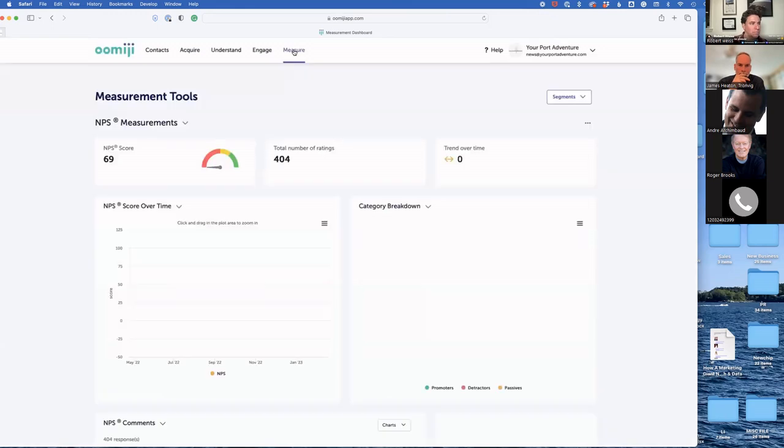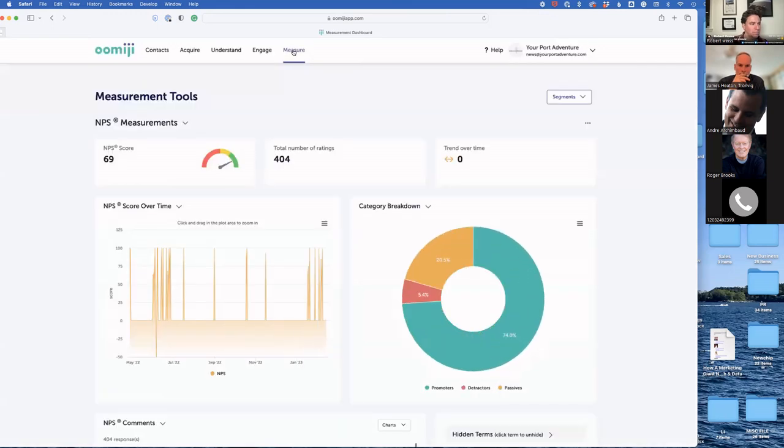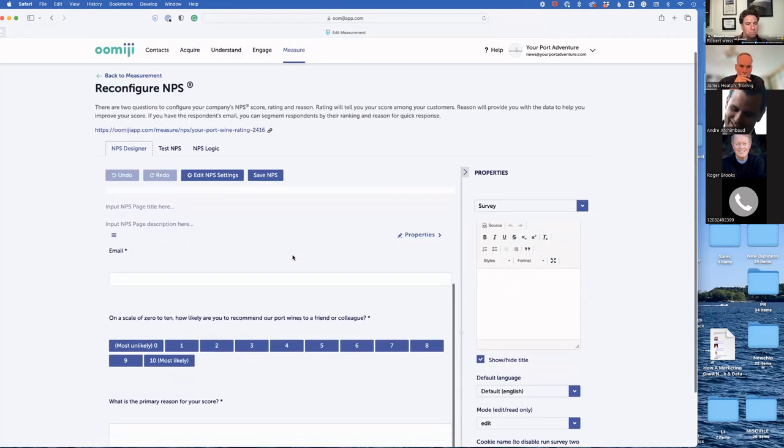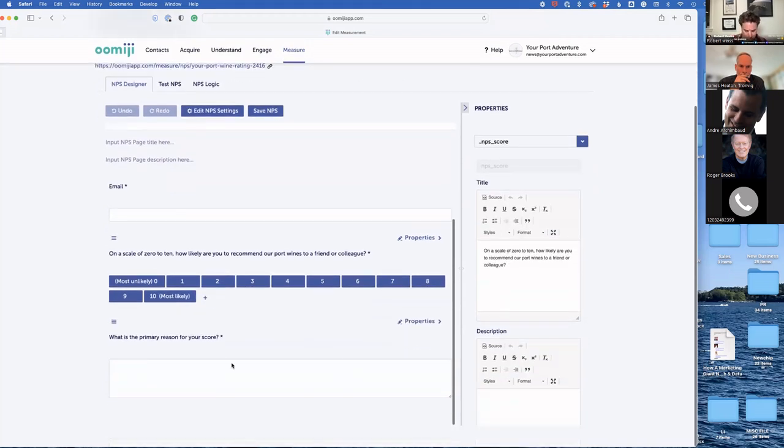One thing I want to show you, because this was kind of neat that we did with a client: this client has never asked the Net Promoter Score before. And so we got them to ask that. And, as you probably know, the Net Promoter Score is 2 questions. It is on a 0 to 10 scale. How likely are you to recommend our product to your friends or colleagues? So let's say I put in an 8, it opens up the next question. What's the primary reason for your score?